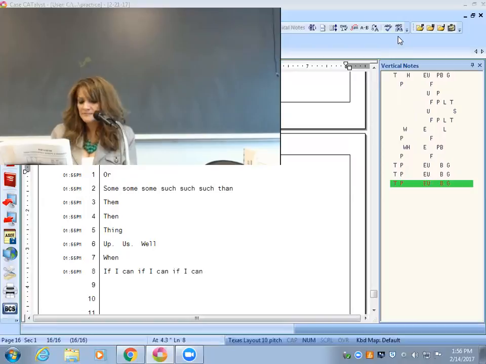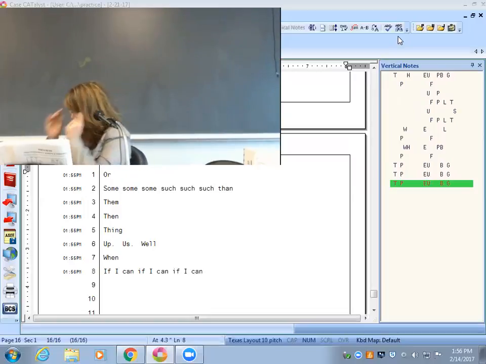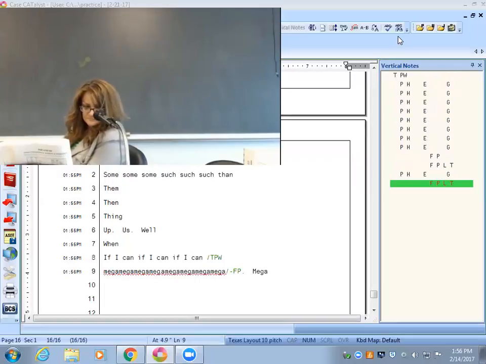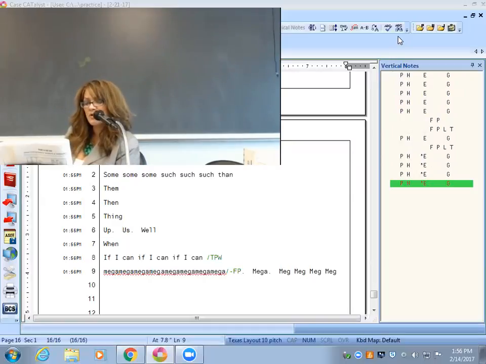Meg, number 9 is MEG. Actually, I think you have to put, it's MEG with an asterisk, you all. You got to put the asterisk in there. Think of it as a proper name. You want it capitalized, so put the asterisk. It doesn't show it like that in your book, but in the notes, it has an asterisk.